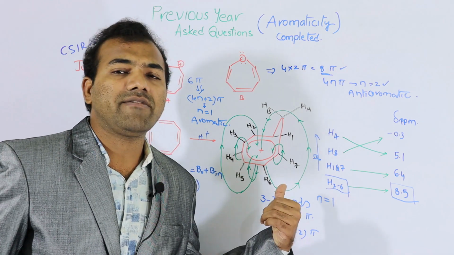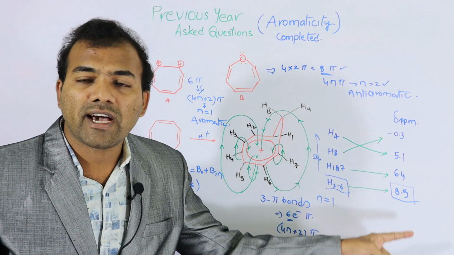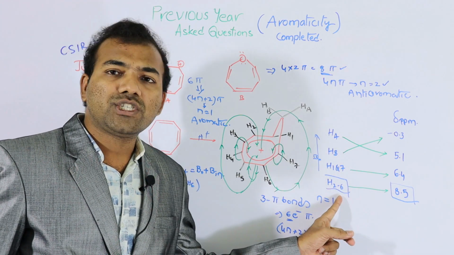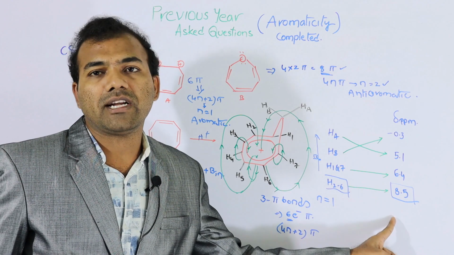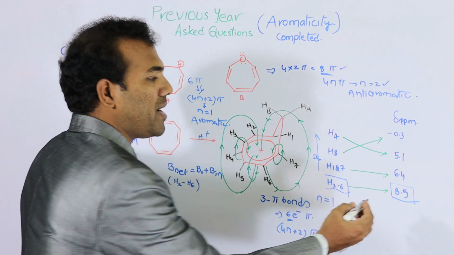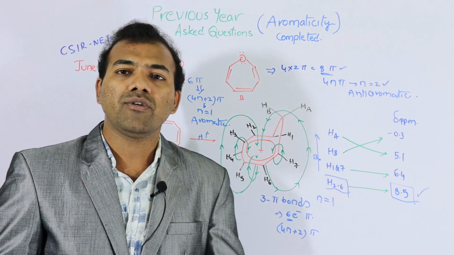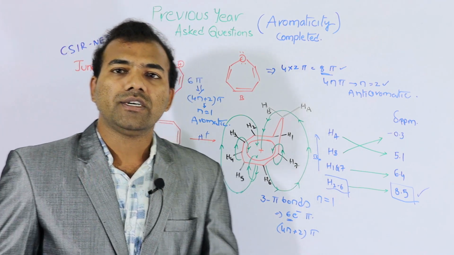So here he has given these chemical shift values. Among these we have to match the H2 and H6 to which chemical shift value. So it is matching with 8.5, because a high chemical shift value we observe. Okay. So let us check